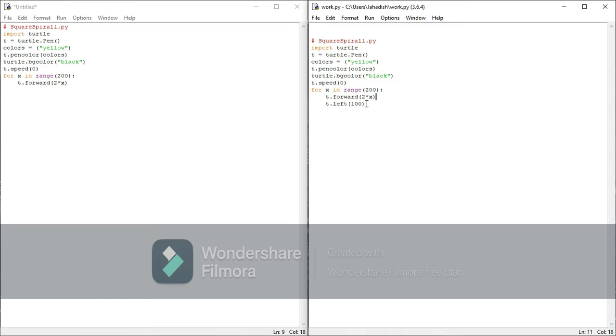Let's go to the next line now. T dot left. Now we want our turtle to move left. How many degrees? 100 degrees. So type that code. Again, if you press enter here, it goes here also. So now type the code. There you go. Now close it.